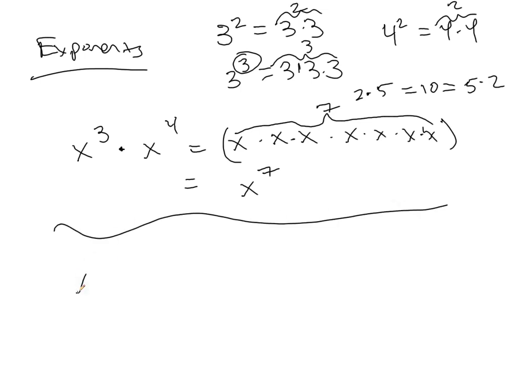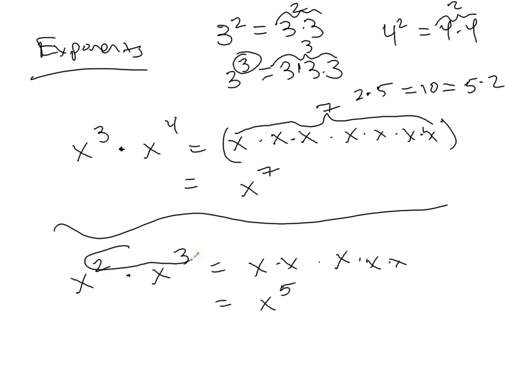So similarly, if I had x to the 2nd times x to the 3rd, I would have x times x times x times x times x. Well, I have x multiplied by itself 5 times, so that's x to the 5th. And most people will see by now